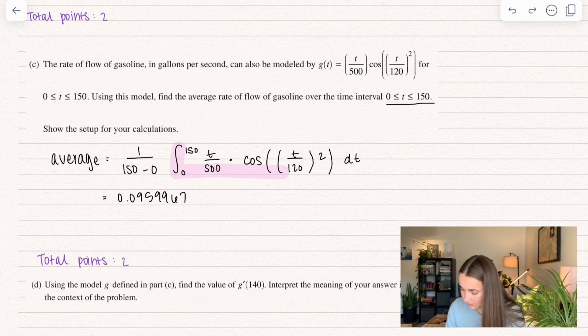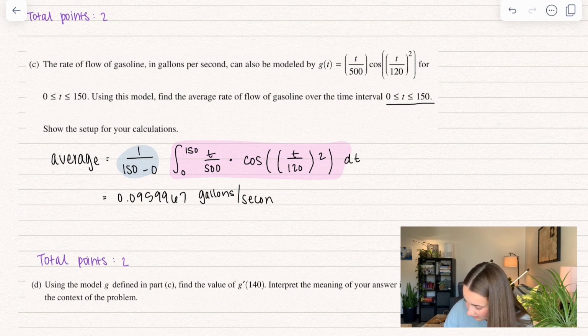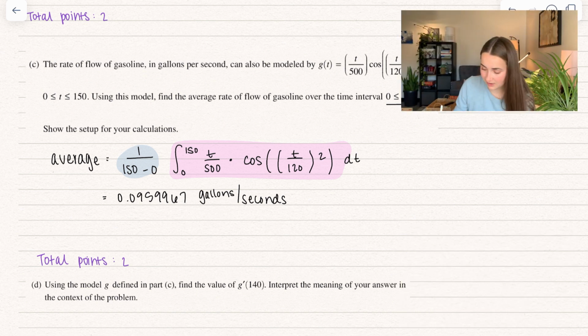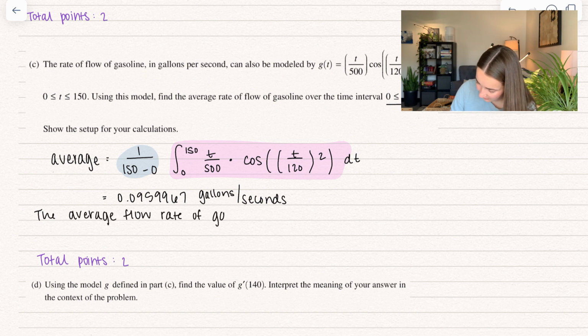So when you integrate, this right here is just going to be in gallons, right? So we have gallons, but notice the outside. What we're doing is dividing it by 150 seconds, so divided by seconds. If you want to write out your official answer, what I usually do is take from the question: the average flow rate of gasoline over 0 is less than t is less than or equal to 150 seconds is